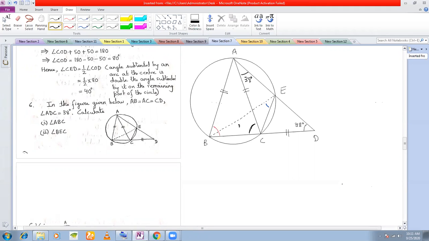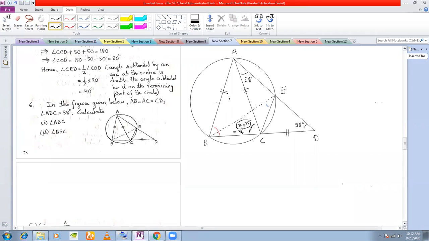So this angle will be 38 plus 38, because if you consider the same triangle ACD, the two angles 38 and 38 are interior opposite angles. Okay. And interior opposite to which angle? This 38 plus 38 that I have marked. Interior opposite to this angle. So this you get as